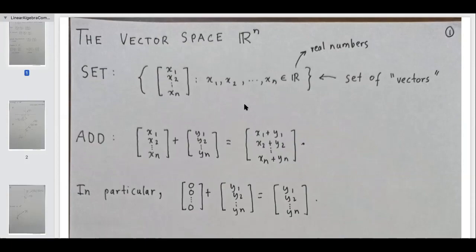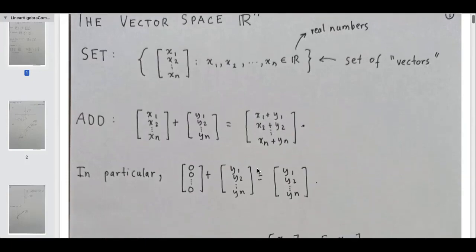And what can we do with these vectors? The first thing we can do is add two vectors. We just add them component wise as shown. If you have a vector x1, x2, xn, where x1, x2, xn are real numbers, and another vector y1, y2, yn, then the sum is defined to be x1 plus y1, x2 plus y2, xn plus yn, where x1 plus y1 is the regular real number addition, x2 plus y2 is again regular real number addition, and xn plus yn again is regular real number